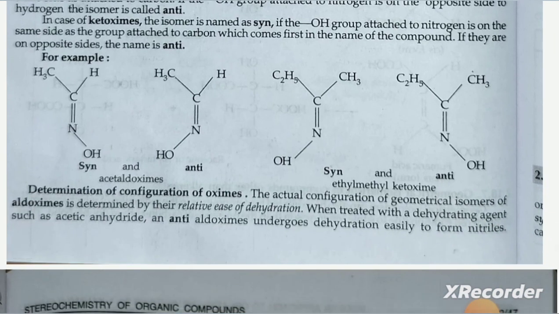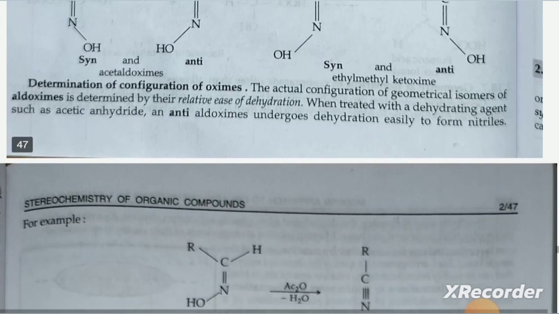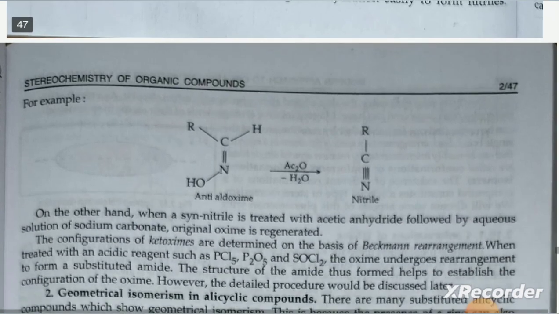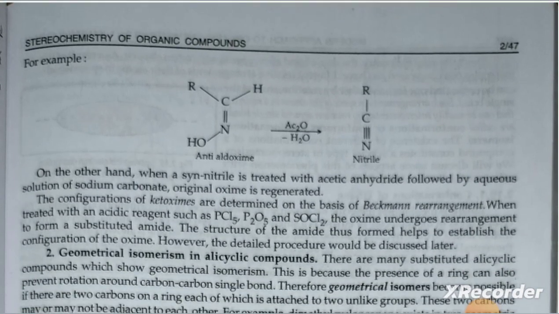Determination of configuration of oximes. The actual configuration of geometrical isomers of aldoximes is determined by their relative ease of dehydration. When treated with dehydrating agents such as acetic anhydride, anti-aldoximes undergo dehydration easily to form nitriles. For example, anti-aldoxime in the presence of acetic anhydride gives rise to a nitrile. On the other hand, when a syn-aldoxime is treated with acetic anhydride followed by an aqueous solution of sodium carbonate,